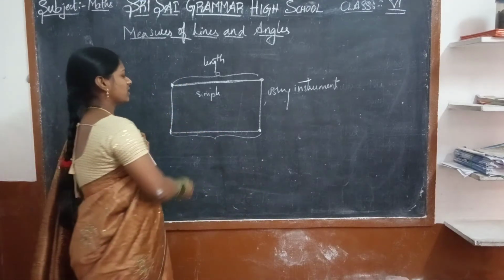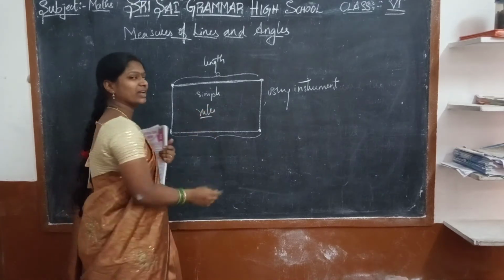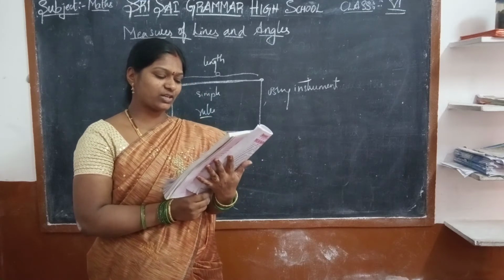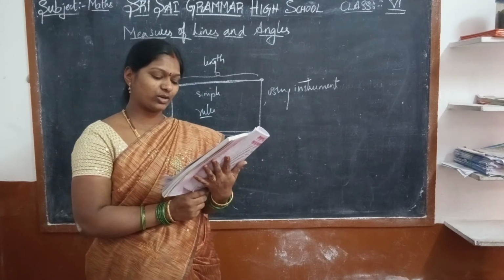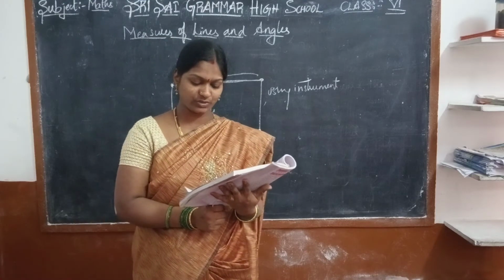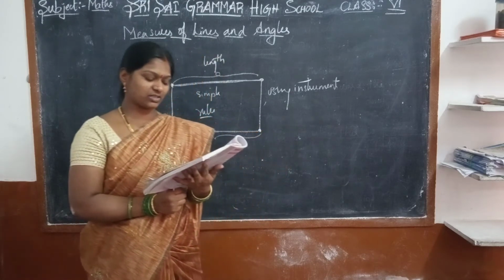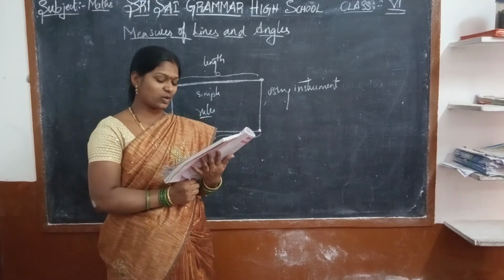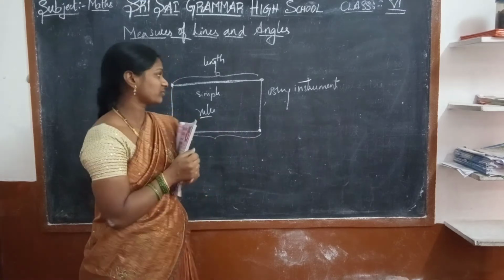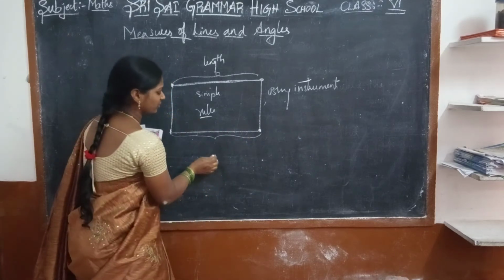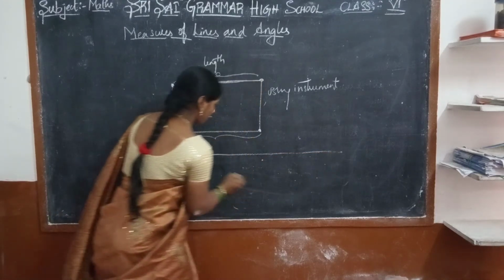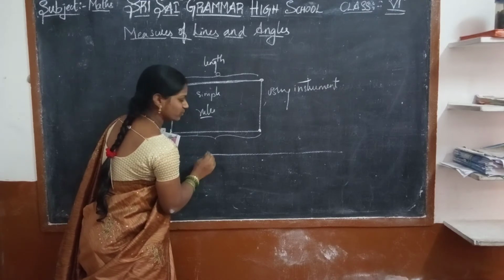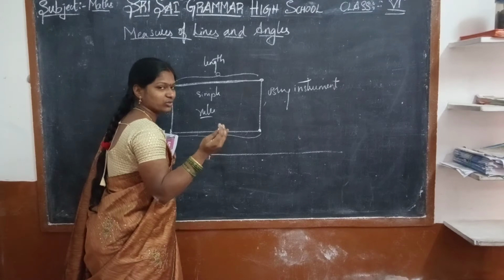Yes. What is a ruler? Ruler means nothing but a scale. The ruler is divided into 15 big parts marked along one of its edges. Each of these 15 parts is of length 1 centimeter. Each centimeter is divided into 10 parts again, and each part is 1 millimeter. Now, how will the ruler be? It is divided into 15 parts. If it is small, it is 15. If it is big, it is equal to 30. Okay.